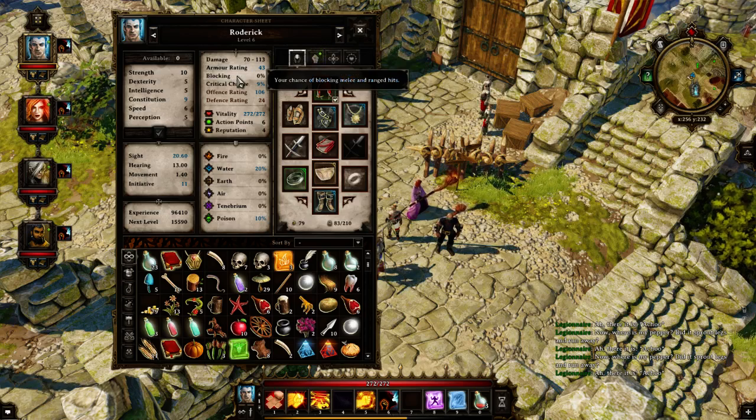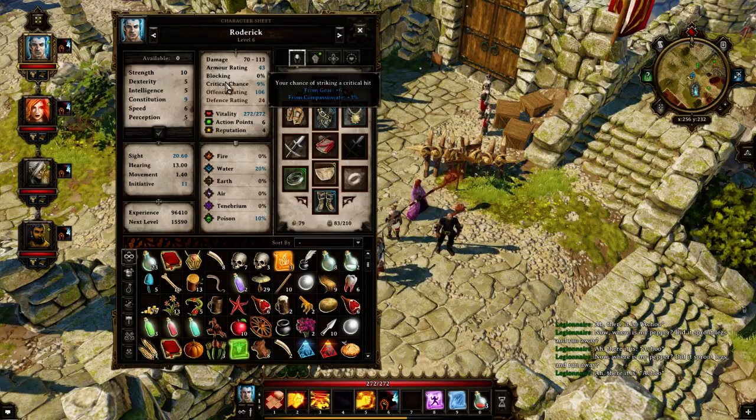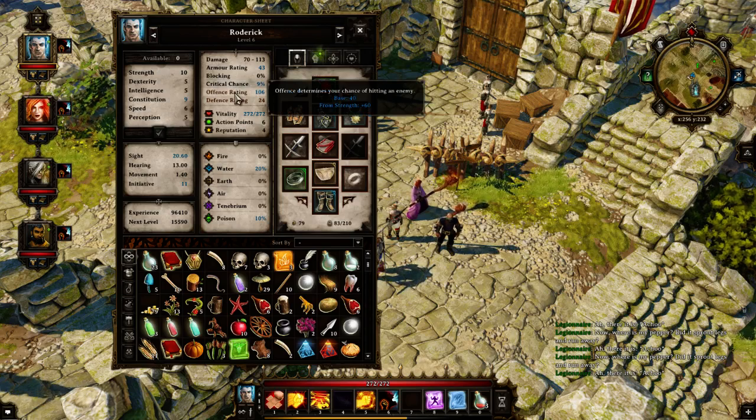Next up we got blocking, your chance of blocking melee and range hits. Now this is mostly gained from shields, but I'm not using any character with shields, so my blocking is 0. And we got critical chance, chance of striking a critical hit, of course. Offense rating, which is basically the hit chance. So we got the strength modifier,